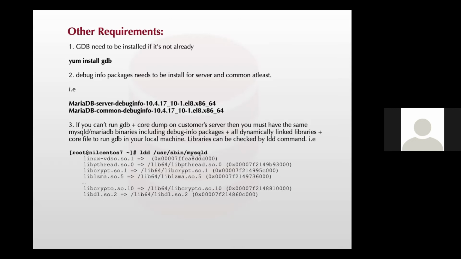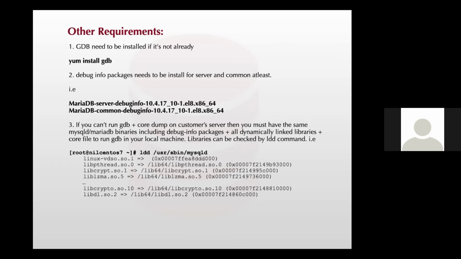One of my colleagues, an InnoDB engineer, Marko Mäkelä, has fixed lots of bugs in InnoDB, and he is a main and core engineer for InnoDB. He always suggests that whenever you report a bug, and if you have a core dump, kindly add these details along with the bug report: the debug info, the exact version you are facing this issue on, the dynamically linked libraries, and the core file.